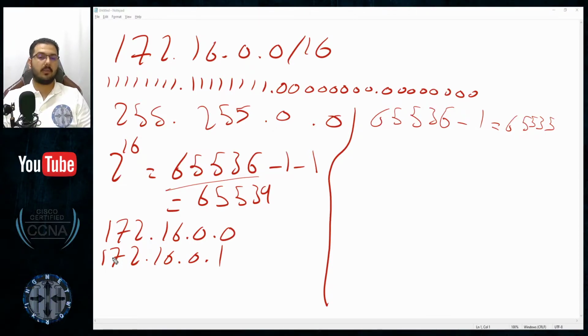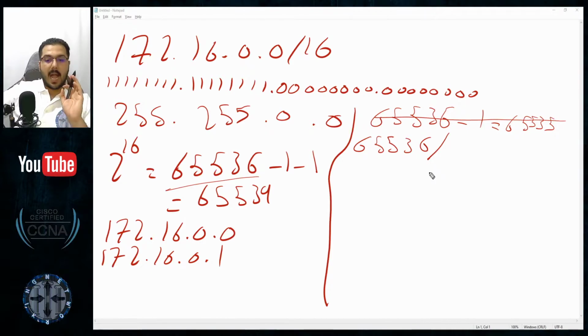Then I will tell you something nice. Before you even take a minus 1, take the same value, 65,536, and think of how many numerical values I can inject in this one single octet. The maximum number of values that an octet can contain, the range of numbers inside one octet, well, they range from 0 to 255. That makes it 256 numbers. So let me just assume that since this number is very big and it's bigger than 255, then